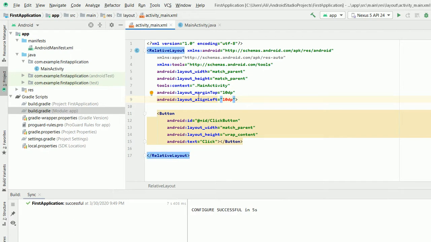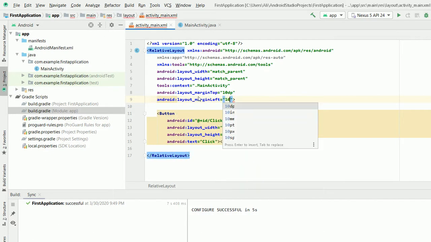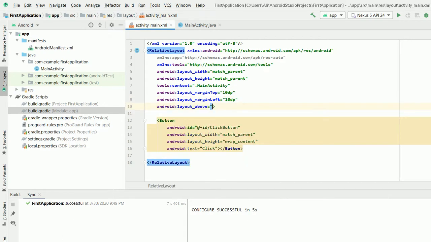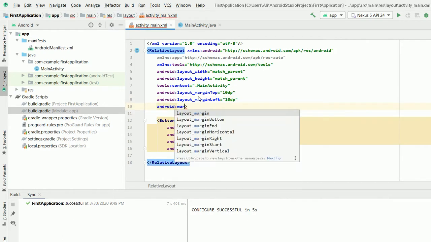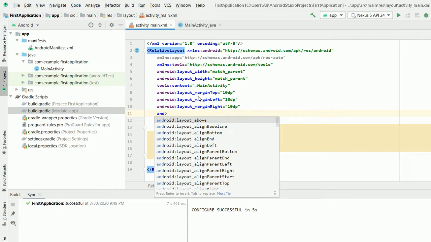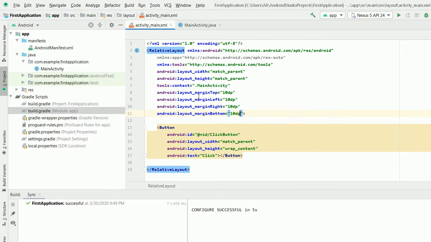Okay, let's rewrite. I think there is some typing mistake. Okay, margin left 10 dp. Furthermore, then I'm writing here margin right, margin right 10 dp. Bottom, although we do not need it, but if you're writing, then write down margin bottom 10 dp. So now you can just see here,